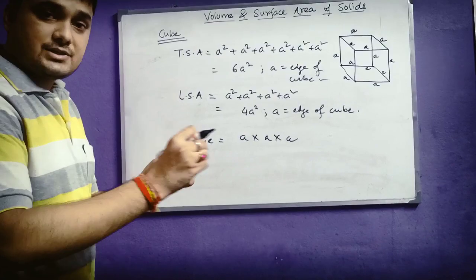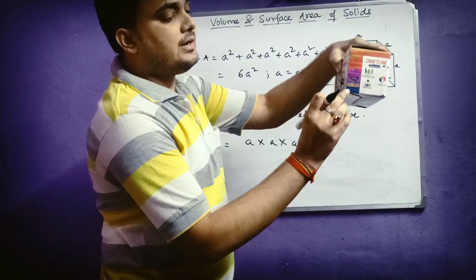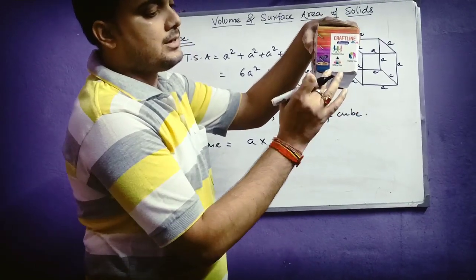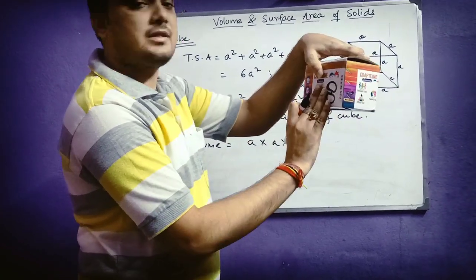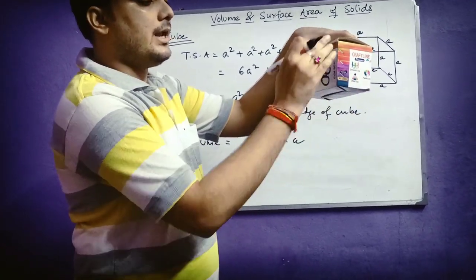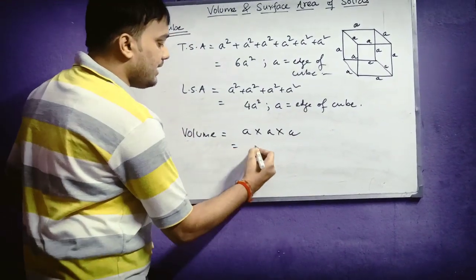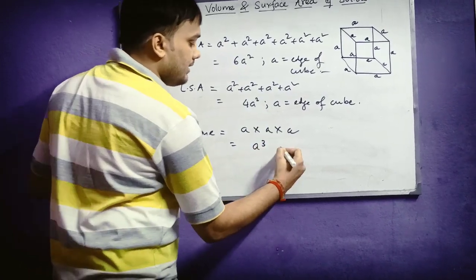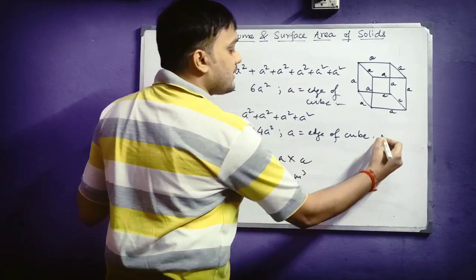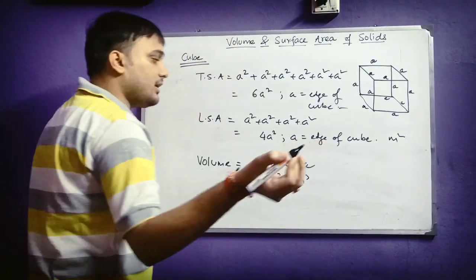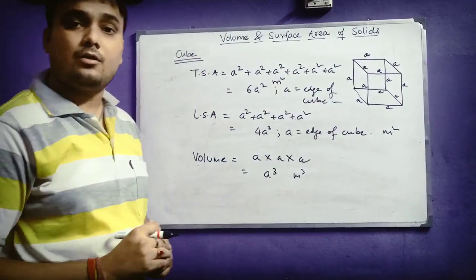That means all the edges are the same, the 3 different dimensions. That means if I take the 3 different dimensions connected at this point, this is one, and this is one, and all are actually equal, because I have considered this as a cube. So it will all be a. So length into breadth into height will all be a only. a into a into a. That means it will be a cube. So the unit will be meter cube if the edge is taken in meter. Lateral surface area unit will be meter square if the edge is taken in meter, and total surface area will also be meter square if the edges are taken only in meter.